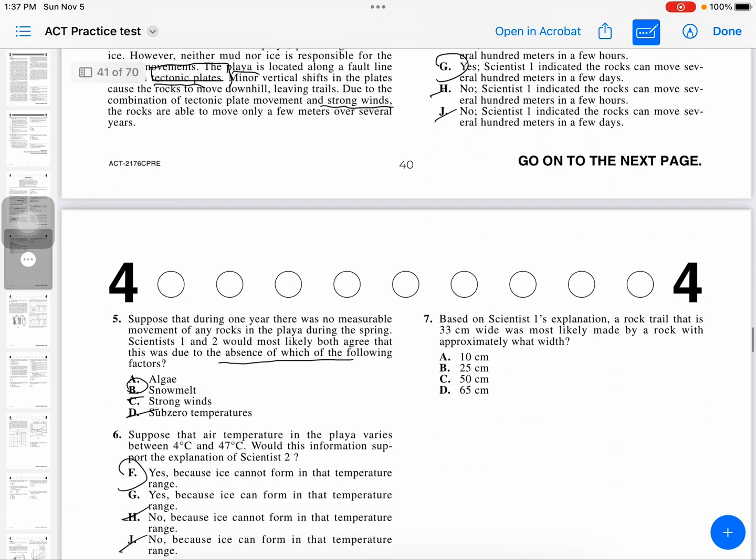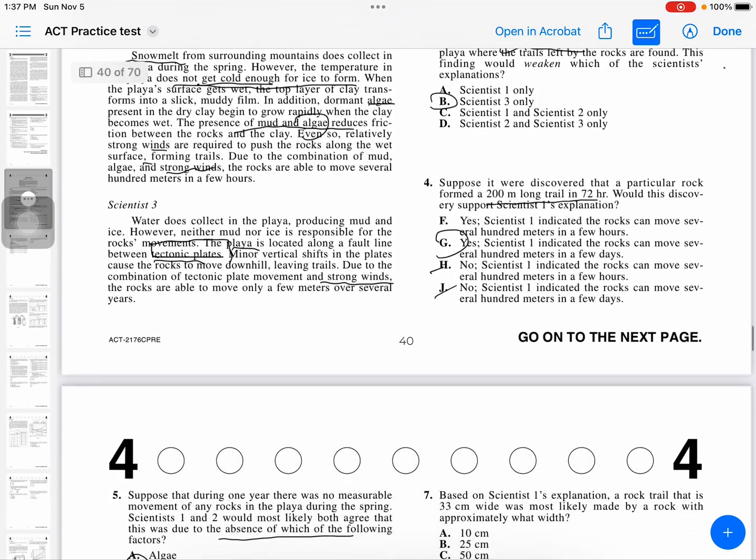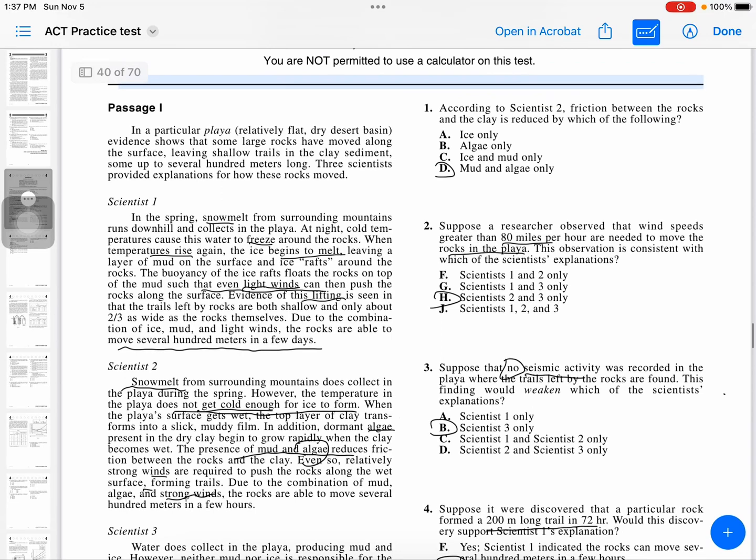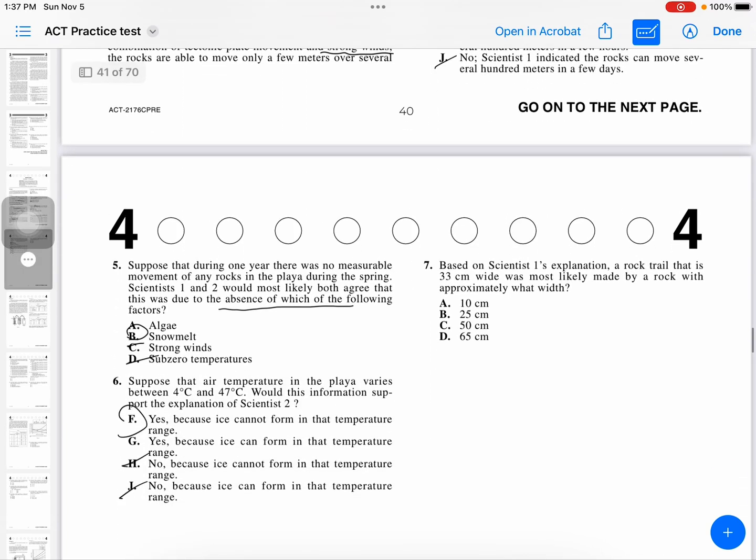And then based on scientist 1's explanation, the rock trail that's 33 centimeters wide was most likely made by a rock within approximately what width? 33 centimeters wide, most likely made by a rock within, we're looking at scientist number 1. 2/3 as wide as the rocks themselves. And so 2/3 of